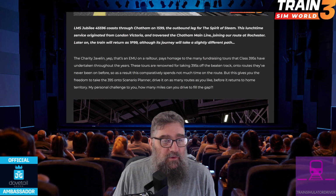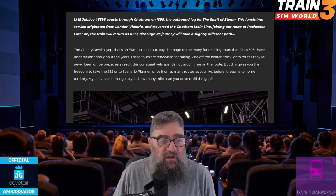The Charity Javelin, yep, that's an EMU on a rail tour, pays homage to the many fundraising tours that Class 395s have undertaken throughout the years. These tours are renowned for taking 395s off the beaten track, onto routes they've never been on before, so as a result this comparatively spends not much time on the route, but gives you the freedom to take the 395s onto Scenario Planner,